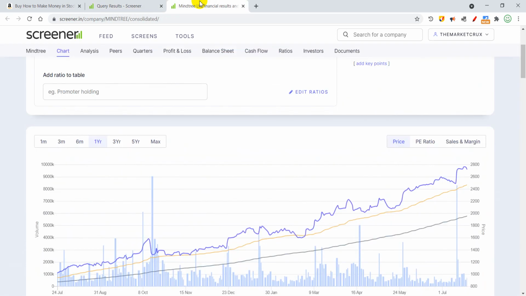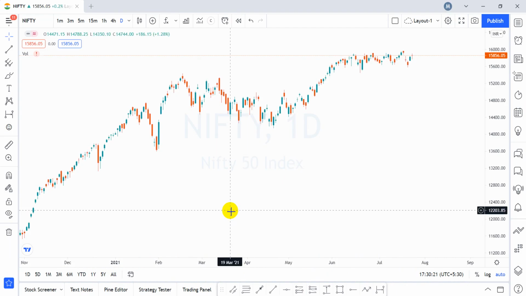All right, so this much we have to do on Screener.in. Now when I take a proper entry where my risk is identified, a limited risk and a high reward potential, so a good probability of winning a trade, that is what I need to identify. And to identify that, we will be going on TradingView. This is my favorite platform to check a lot of parameters.